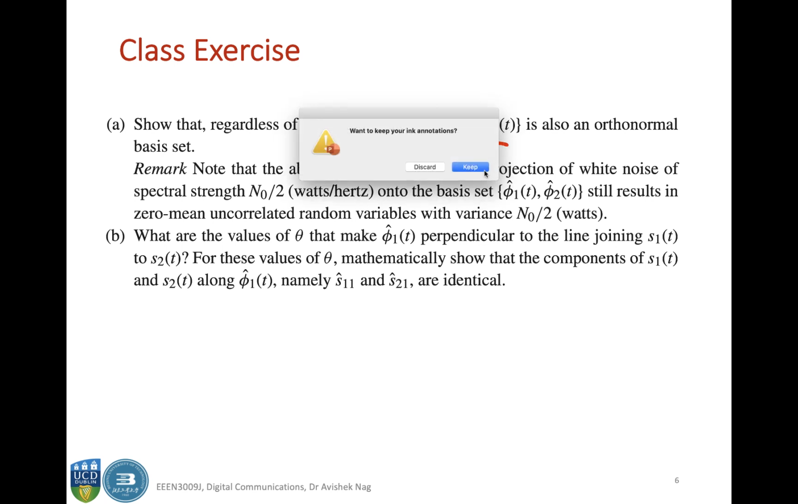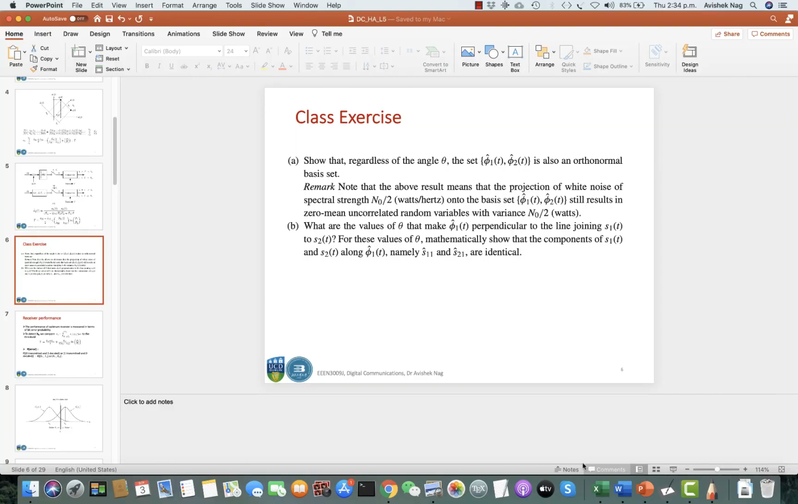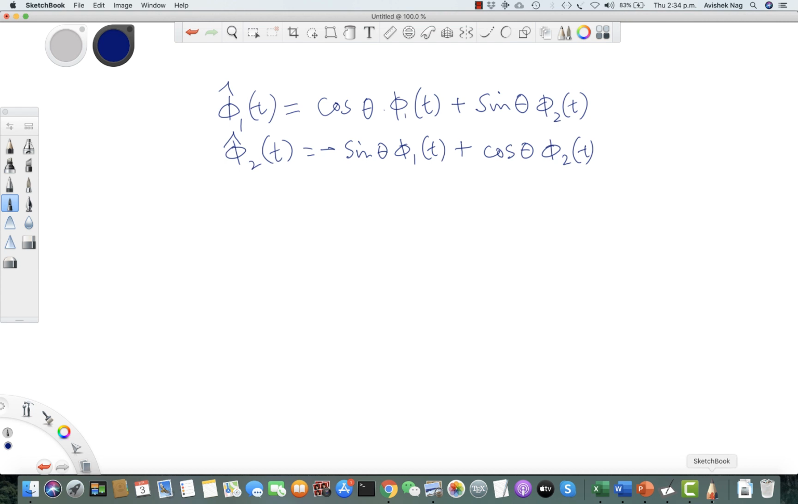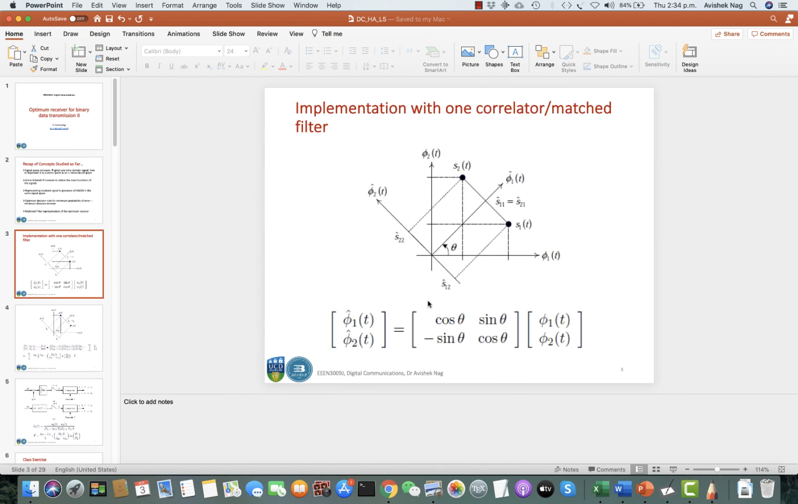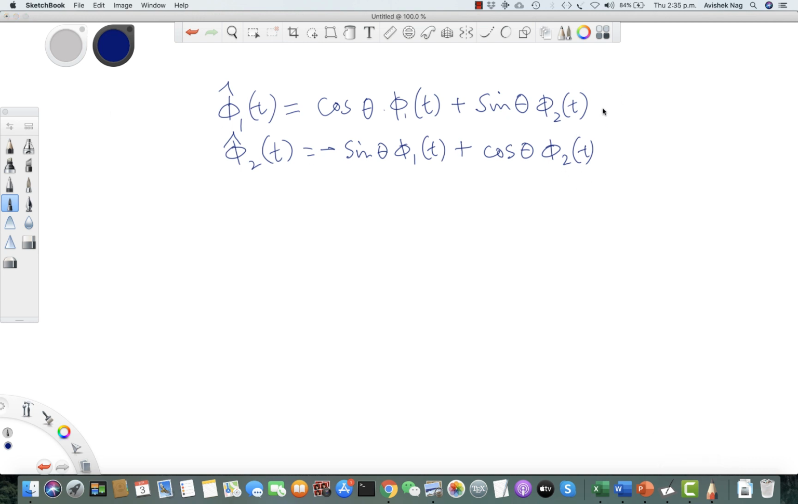Okay, so let's say you have this phi 1 hat t, which is your cosine of theta times phi 1 t and sine theta times phi 2 t. So this comes directly from this relationship that we had. Okay, so we are writing the expression of phi 1 hat t and phi 2 hat t from that relationship,